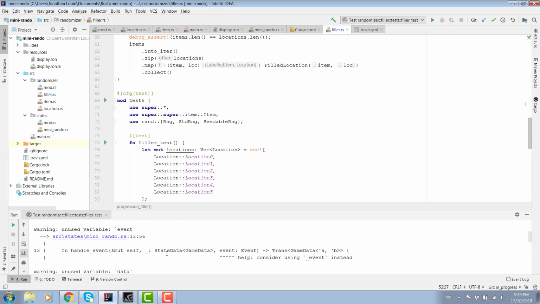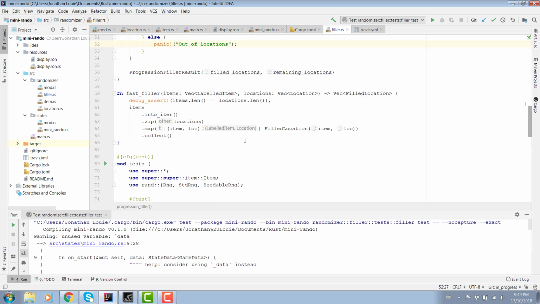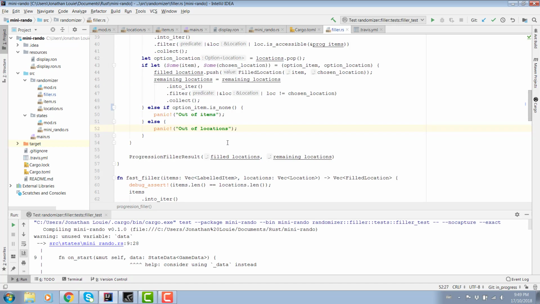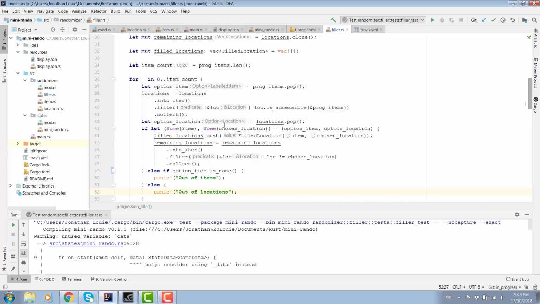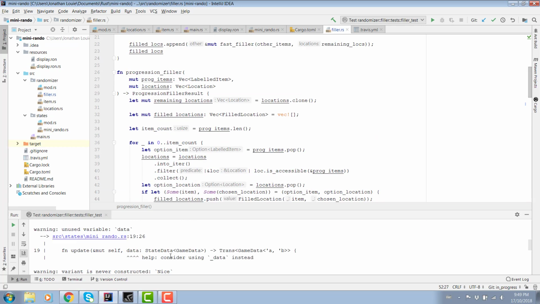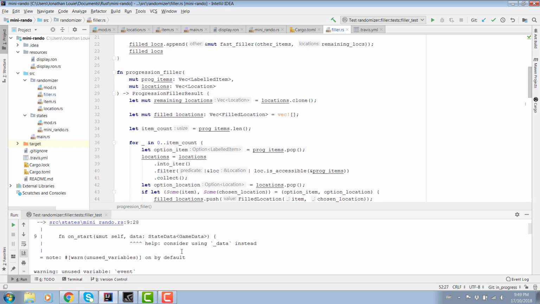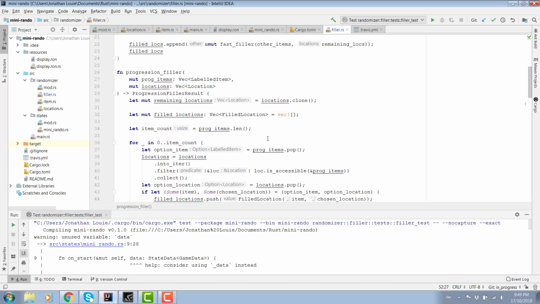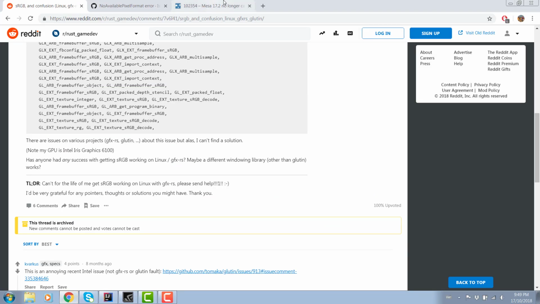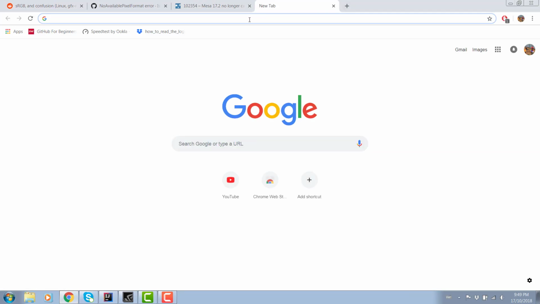Now I get rid of some unused variables, so that's cool. We have some extra unused variables because of the Amethyst integration that I tried starting, but I can't do anything about that. So, without further ado, we're going to actually try and get moving here.